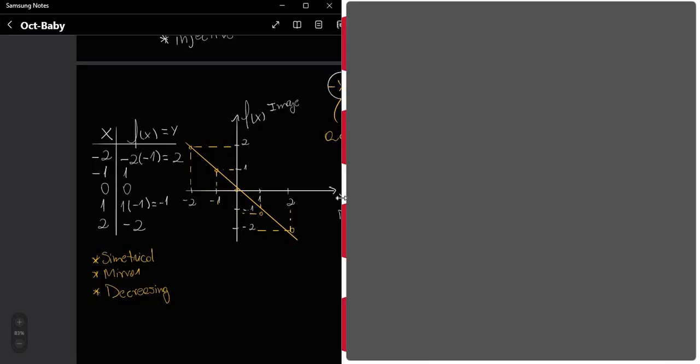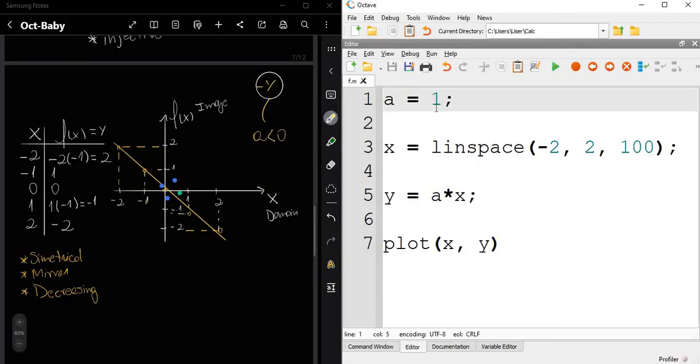Now we just need to change this linear coefficient, and we will get this curve with this negative slope. So now the slope of the curve is negative, a negative slope. Let's see.